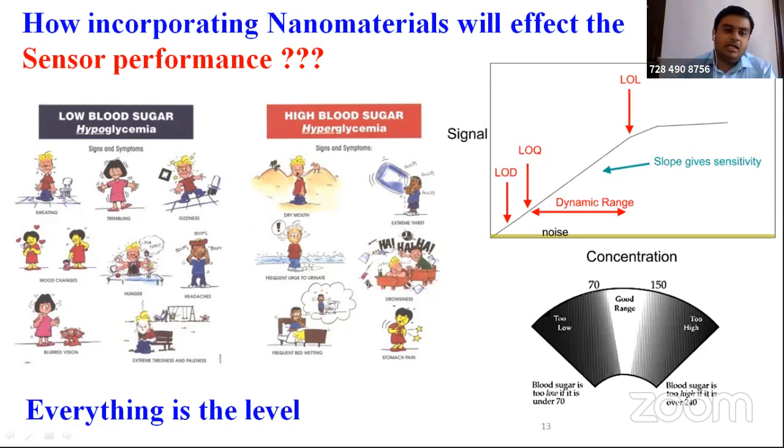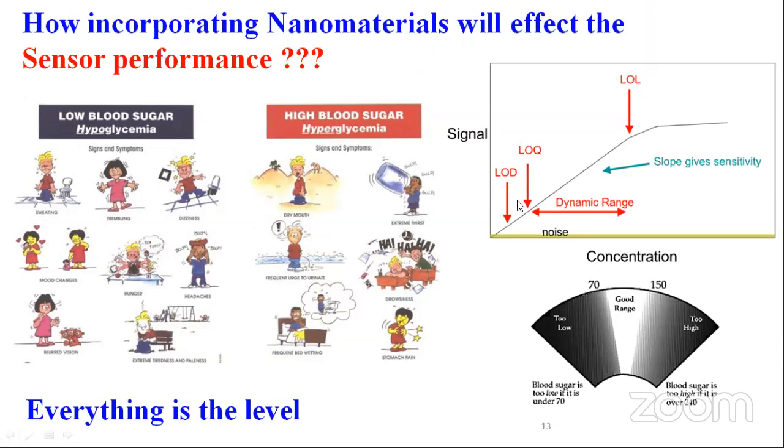So based on this idea, whenever we go for the analysis of any sensor, there is a very standard plot, and I have incorporated the standard plot. See why I'm talking about this: it is always present in any sensor, with nanomaterial or without nanomaterial, in various types of sensor transduction systems, either electrochemical or optical or piezoelectric or colorimetric, anything. So this graph is always common. That is why I will discuss this one, so that when I give real examples of what people have done, you will understand what I'm talking about.